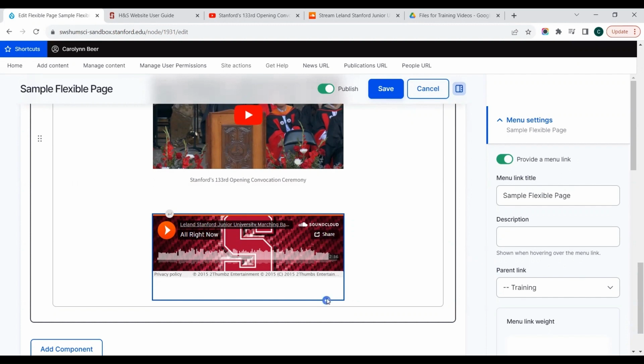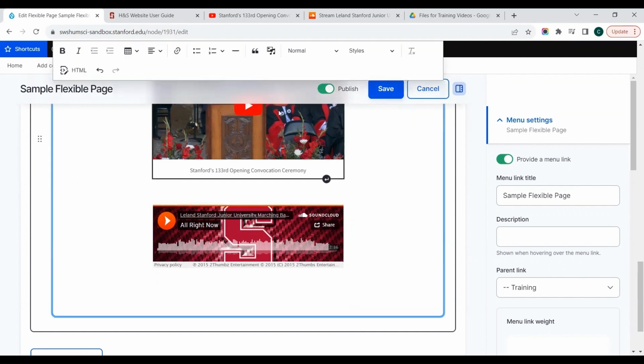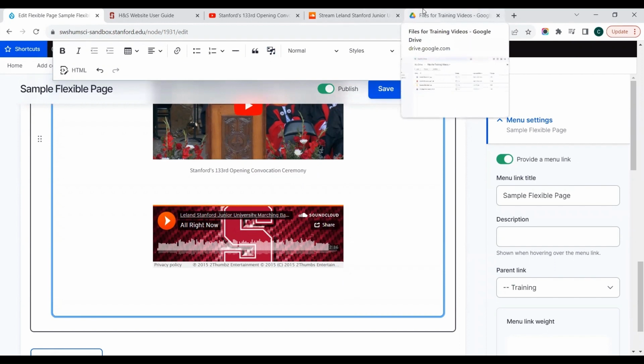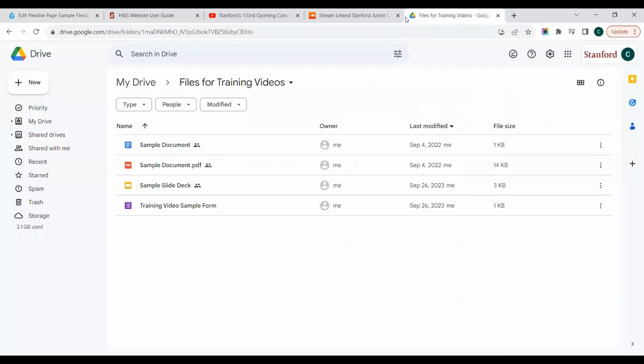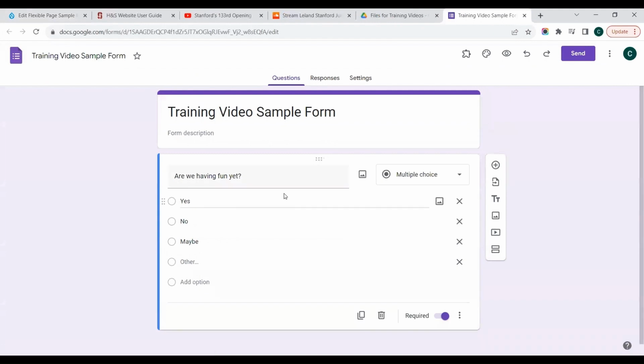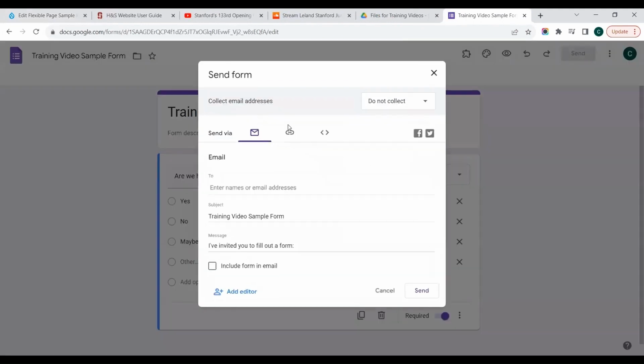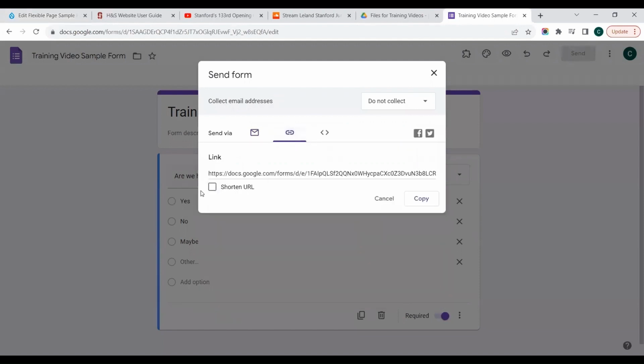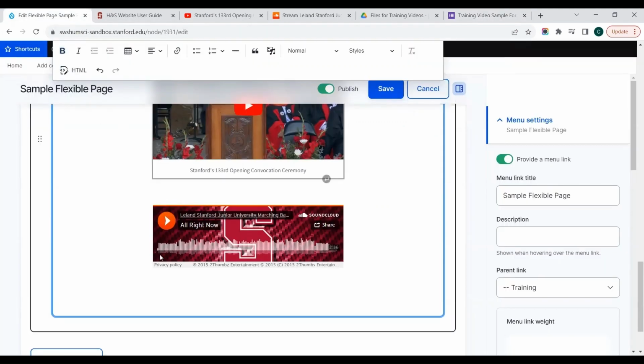You can also do this for other types of media. So I'm going to say that I want to embed a form. I'd really like people to take a survey directly from my website, so I can embed that. So I'm going to open this form and I'm going to share it. Just going to copy the link. You don't have to shorten the URL because it will be hidden. Select copy. I'm going to go back in here